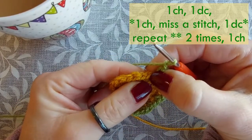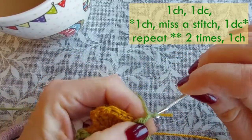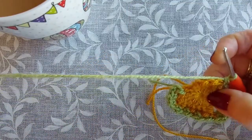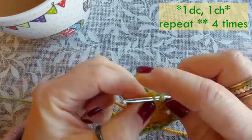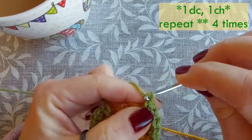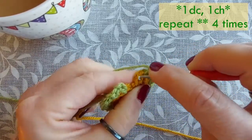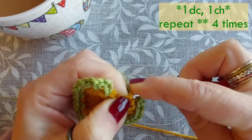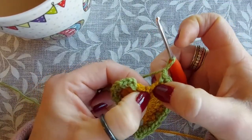Chain, again I'm going to miss one and go into the next. A chain, again miss one, go into the next. Now we're getting back around the top, so we've got 4 times of doing a double crochet and then a chain, using each stitch around this bit. That's 3, and then the 4th one is on the top there. Which I always find that one slightly tight. And then a chain. Right, we're back into the space where there's our 2 chain space like we started on,